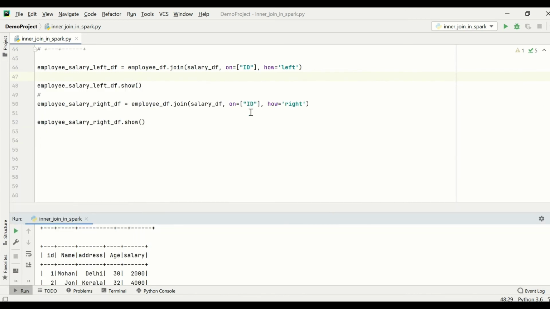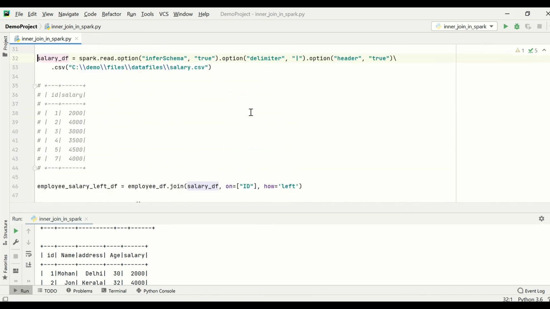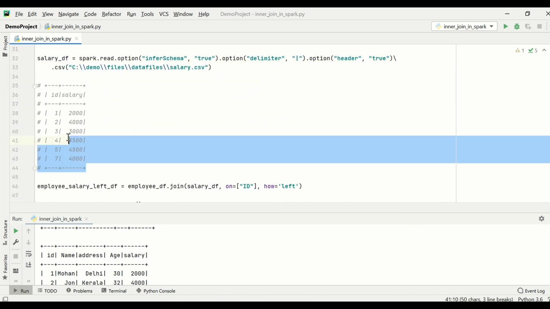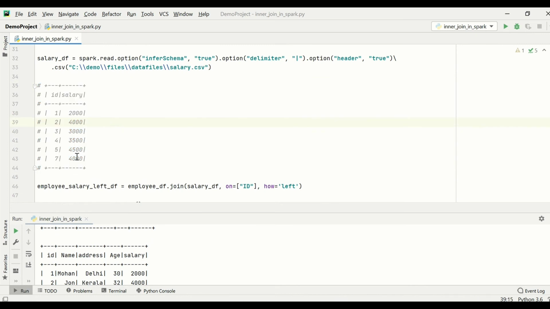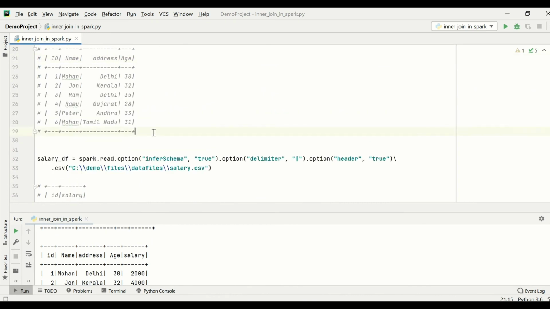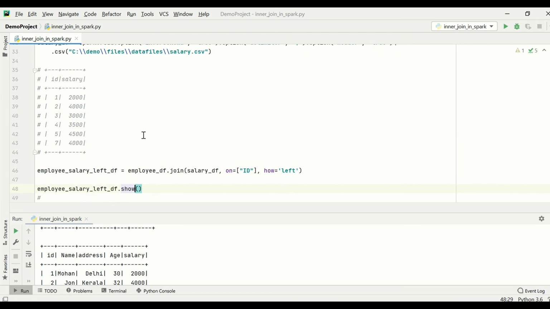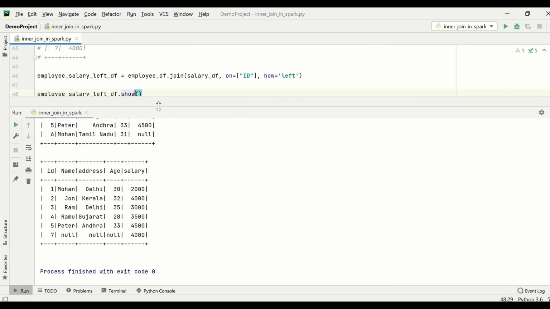Let's go into the input of the salary. In the salary data frame I have around 6 rows, and here the ID 6 is missing, and here the 7 is missing. So when we see the right join, the values for ID 7 will be null in the employee data frame, and the salary of 4000 for ID 7 is visible in the right join.